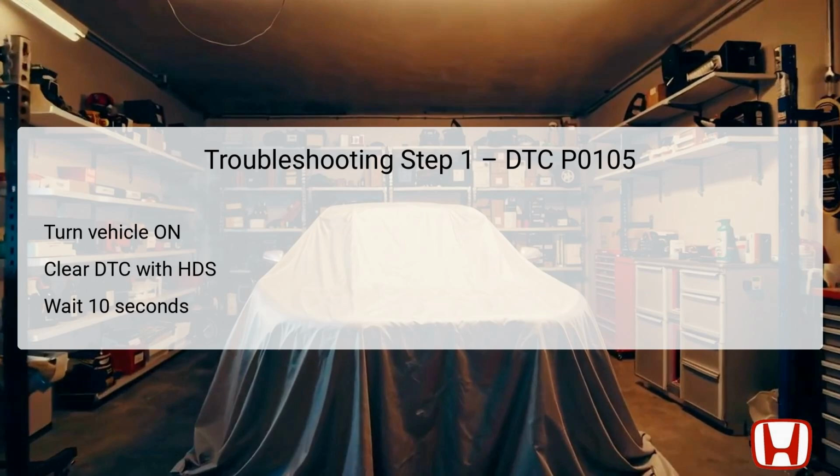The first step in troubleshooting DTC P0105 involves verifying the existence of the fault. Start by turning the vehicle to the on mode without starting the engine. Next, use the Honda Diagnostic System, HDS, to clear the current diagnostic trouble codes. This clearing process is essential to start fresh and ensure that any previously stored codes do not interfere with current